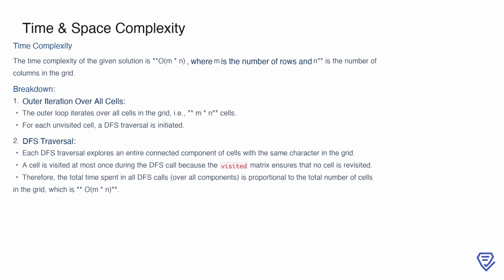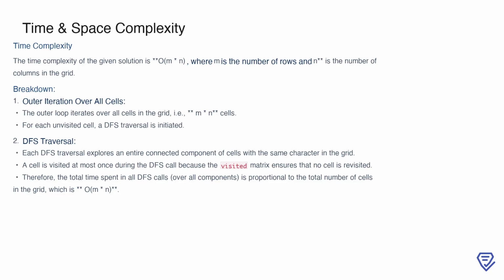In this solution, the time complexity is determined by the size of the grid, which consists of m rows and n columns. The outer loop ensures that we iterate through every cell in the grid, a total of m*n cells. For every unvisited cell, a depth-first search, or DFS, is initiated to explore connected components. During the DFS, each cell is visited at most once, thanks to the use of the visited matrix that prevents revisiting. This means the cumulative time spent across all DFS calls is proportional to the total number of cells in the grid. As a result, the overall time complexity is O(m*n), ensuring that the algorithm scales linearly with the grid